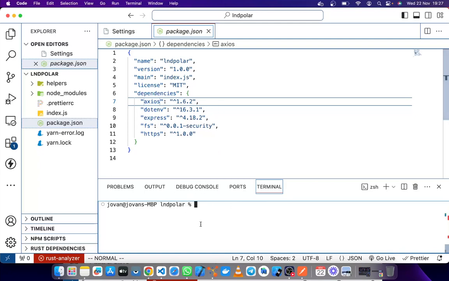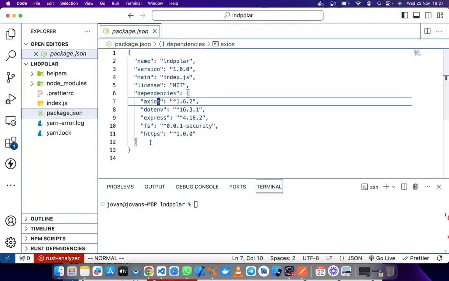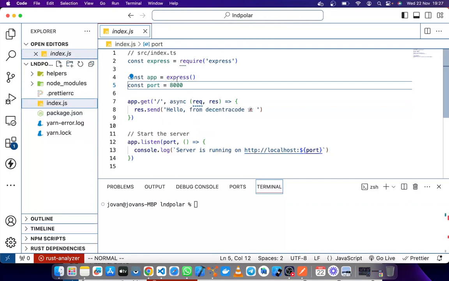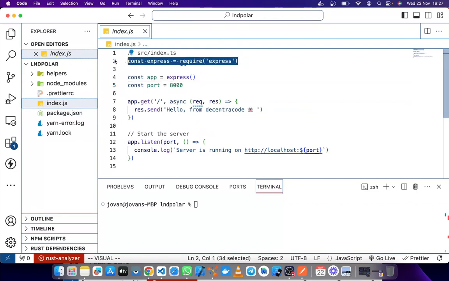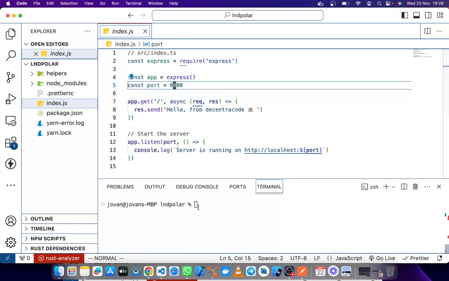Okay, I think that is that, and we'll go through. After doing that, we have this index.js file. The index.js file is the startup file. It's the starter config file where you spin up your server. Here we import Express from the first line. We create an app off of that, and then we give it a port, and then here we allow it to listen to this port number. And yeah, basically that's that.